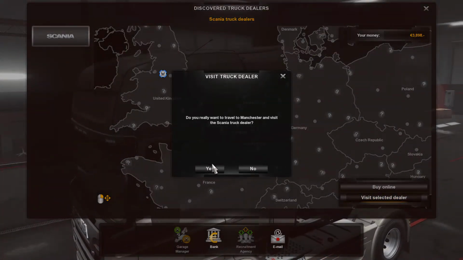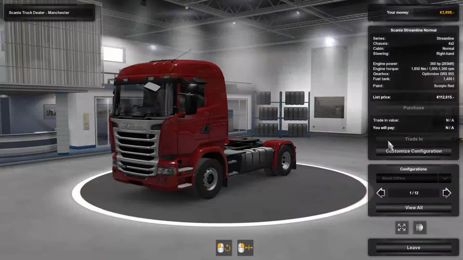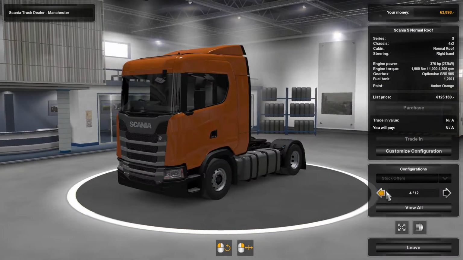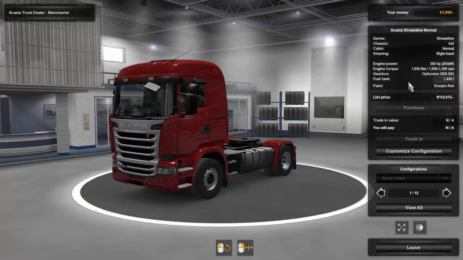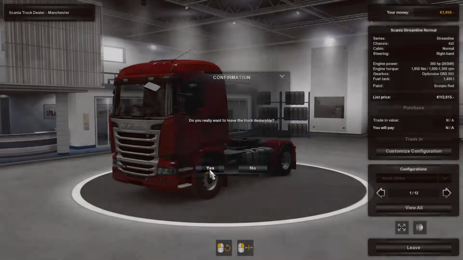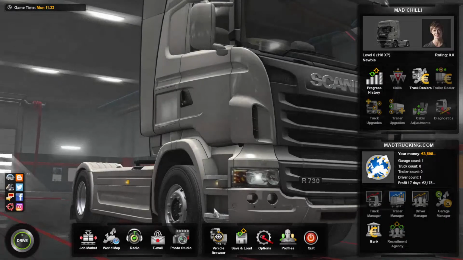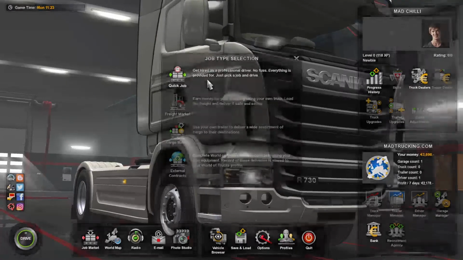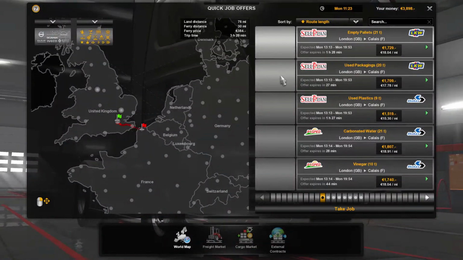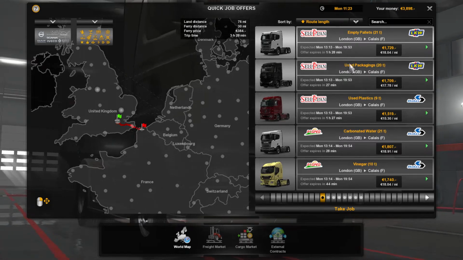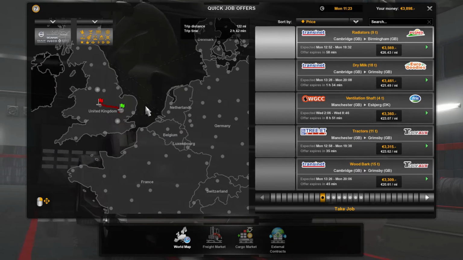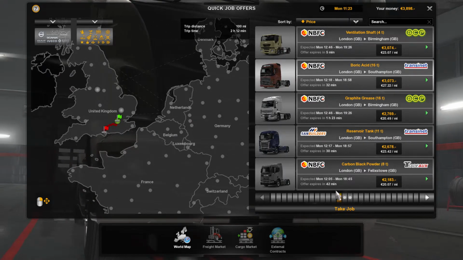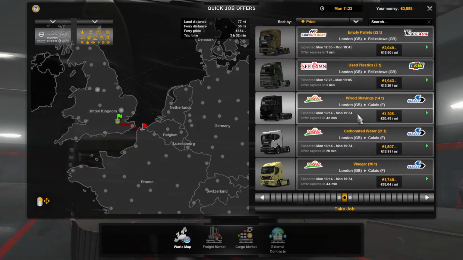So if I visit it, I need €103 to buy it, because it gives me €100 free. So in total, if I'm going to get a nice one, I need about another 20 grand maybe. So that's our target, to get that total up to about €15,000, and then we can buy ourselves a truck. So I've got some nice jobs actually going down to Calais. It is nice to go on the ferry in this game actually. So let's just choose the one that's selling for the most to Calais. This is the one that's selling the most, so that's where we're going to go.